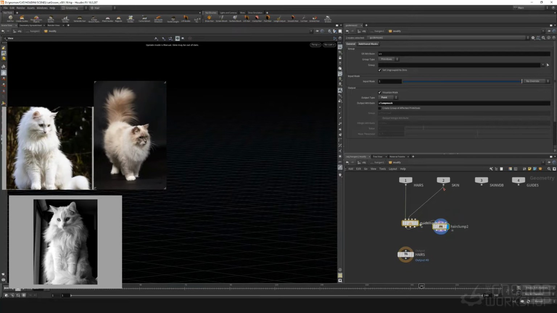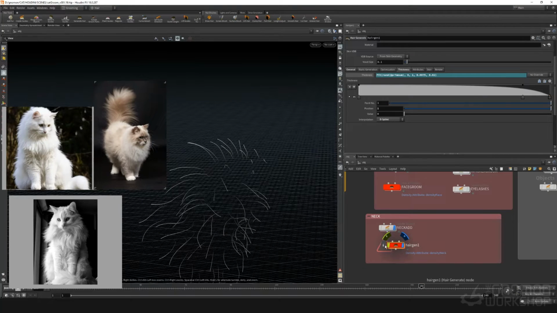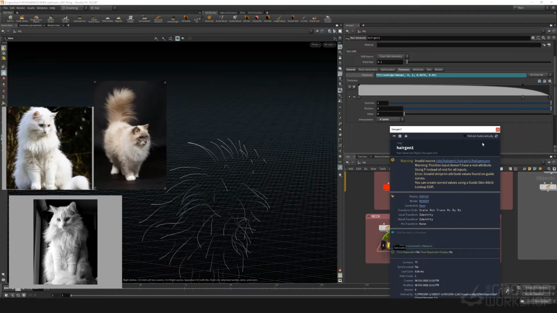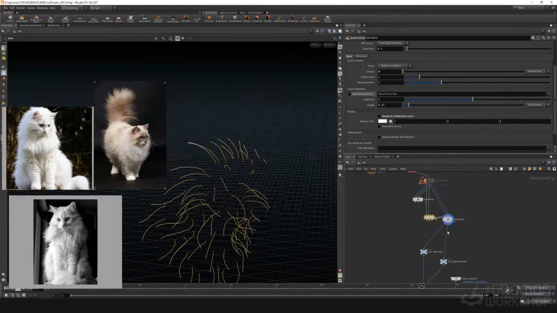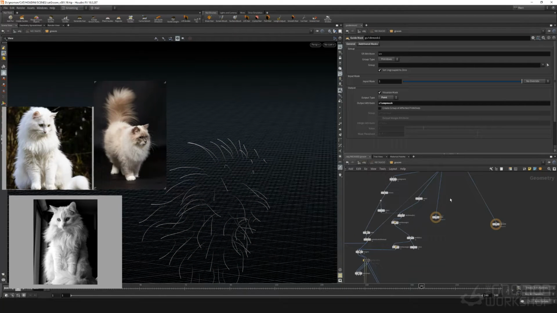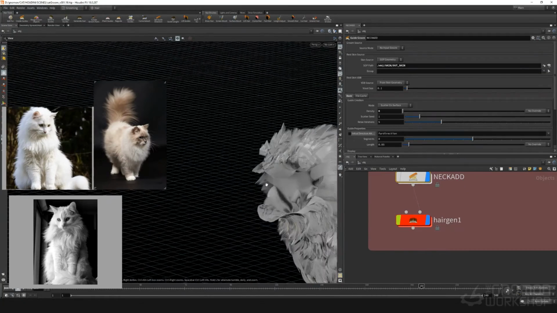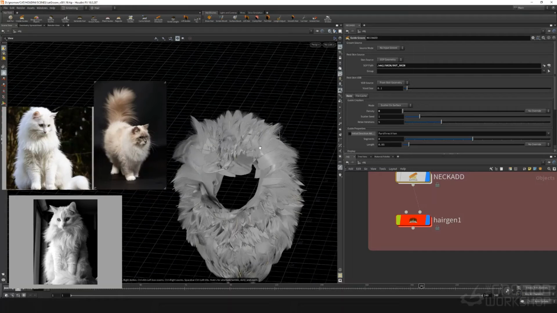And here we'll just copy over what we had previously. And then we are getting some error messages. So we'll chase down what it is, and it's the rest position in this skin attribute lookup. The issue is that we haven't connected the skin here. We had skin attributes on it and the rest position, but the skin wasn't traveling through the connection between the neck-add and the